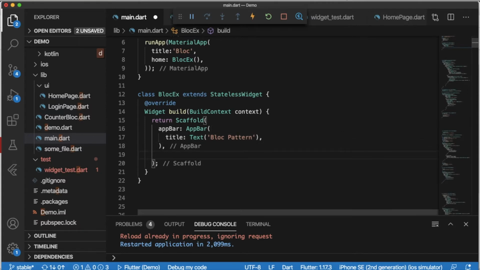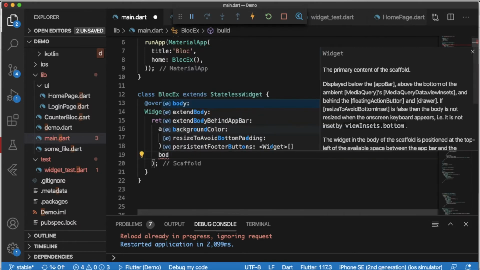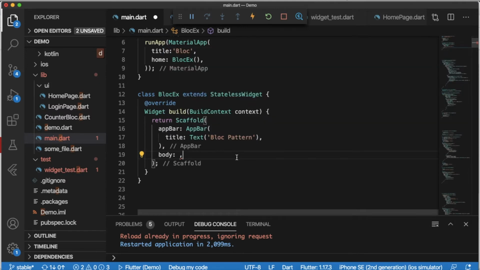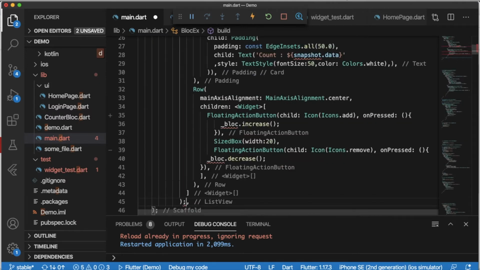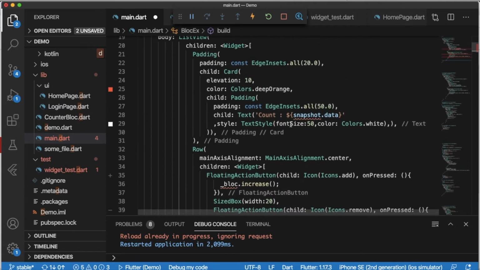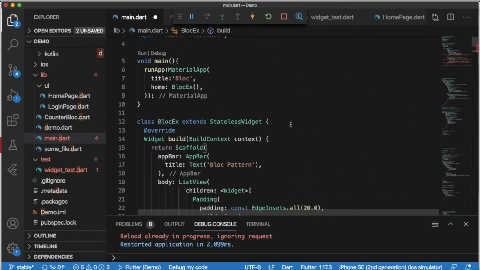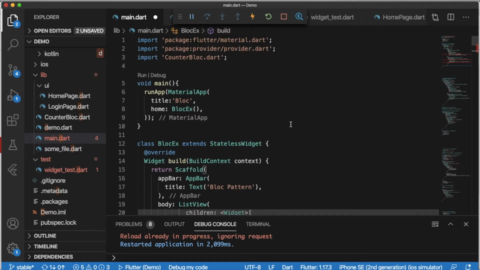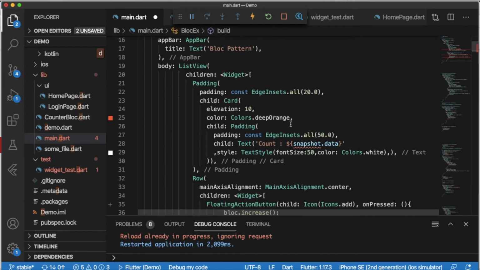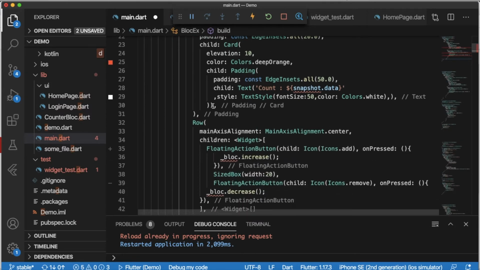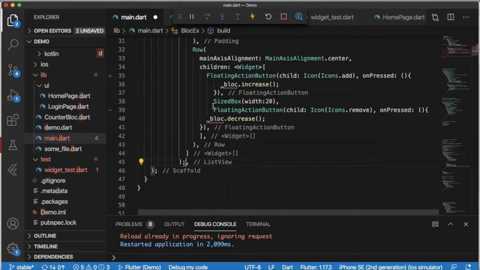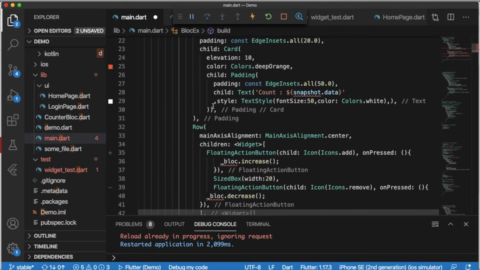Then in the body I will pass the design which we have seen in the emulator. I have added a ListView.